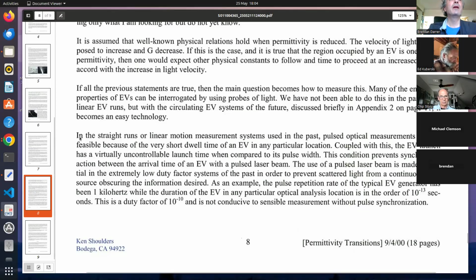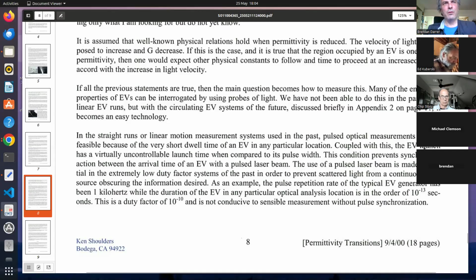In the linear motion measurement systems used in the past, pulsed optical measurements are not feasible because of the very short dwell time of an EV in a particular location. Coupled with this, the EV launch has a virtually uncontrollable launch time